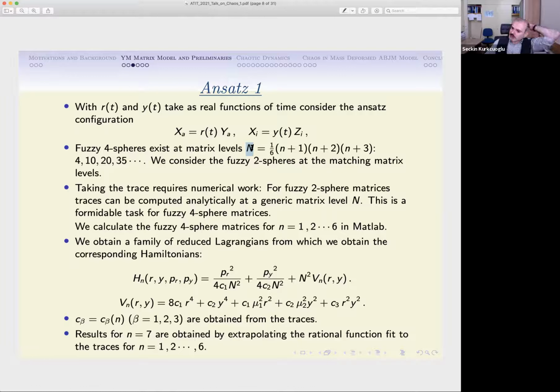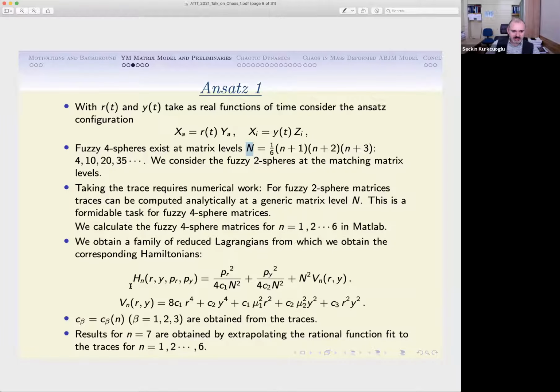And we can evaluate, so Kaan, Cankut, Onur have all, in fact, used the original MATLAB calculations to write down the fuzzy four-sphere matrices, which was due to Ümit Hasan Coşkun, who is in Kentucky now, or maybe in California at the moment, and which we have also used in a previous paper. But anyway, we just generate these matrices and obtain their traces numerically.